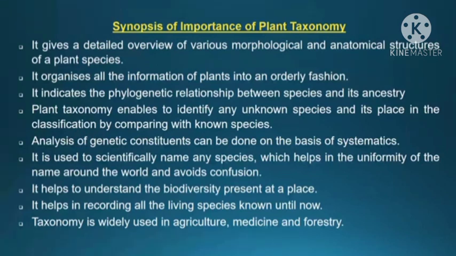It helps in recording all the living species known until now. Taxonomy is widely used in agriculture, medicine and forestry, which we have mentioned earlier. This is all about taxonomy and systematics